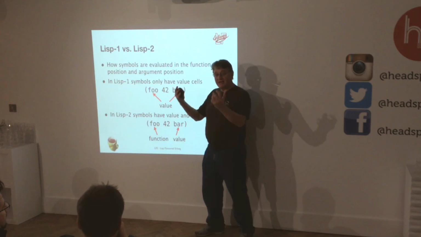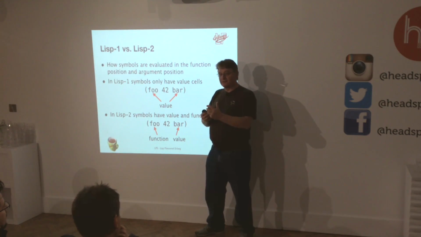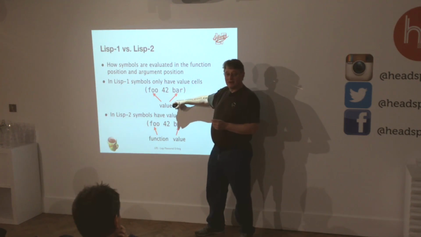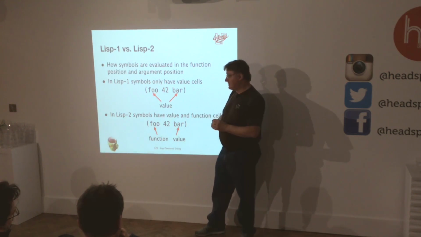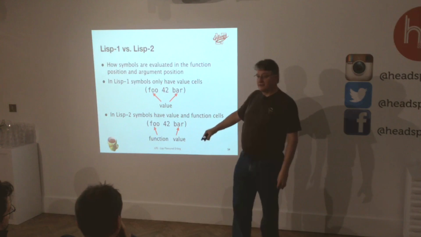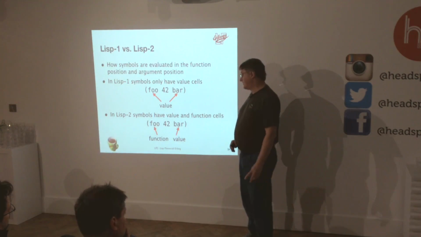These just have a value. And if I use it in the function definition, I'll get the value and try and call it as a function. If I have it in the argument position here, I'll just get the value and pass it into the function. So this is very nice, it's very clean. That's why the Lisp 1s, there's only one of them, only one value for it. Actually, they all have others, so it should be about Lisp 4 or Lisp 5, but from this point of view, there's only one here.